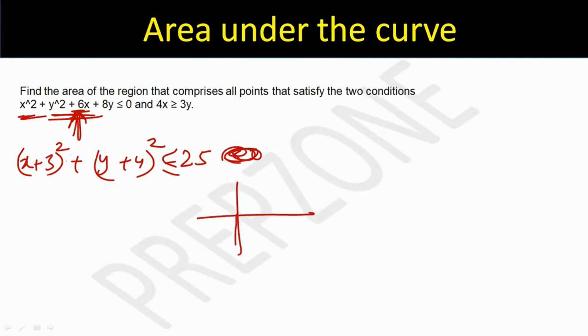This is just shifting the origin. The center is minus 3 and minus 4. It is just shifting the origin. It does not affect my area. We have learned this concept. So it is the same as,